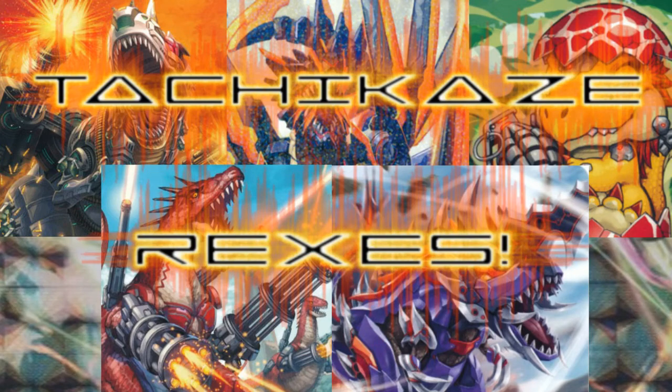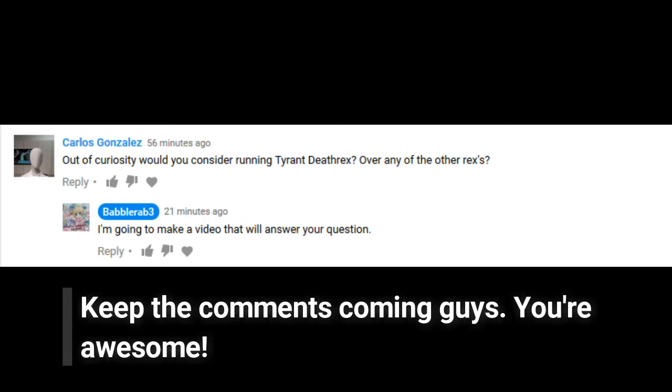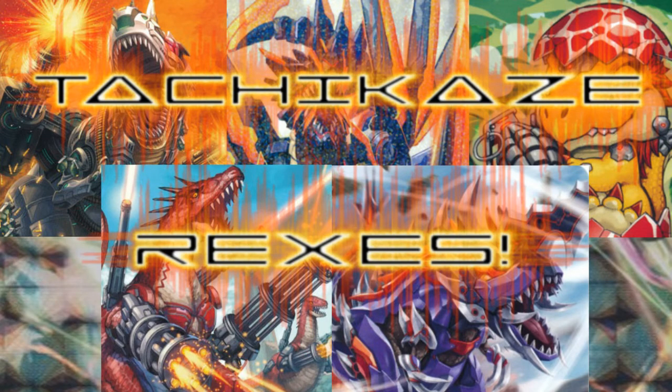I'm Babblerab, and this is going to be a quick analysis on some of the grade 3 choices that you could be running for Rexes. The idea to make this video was brought up by someone commenting, saying, hey, do you think you would run Tyrant Death Rex over any of your other Rexes presently in the current Rex deck? So, in order to properly answer this question,